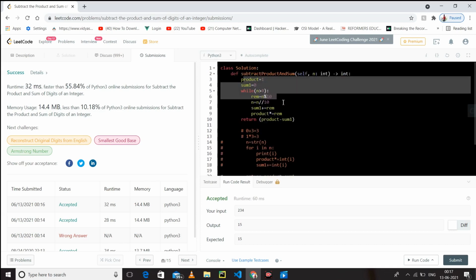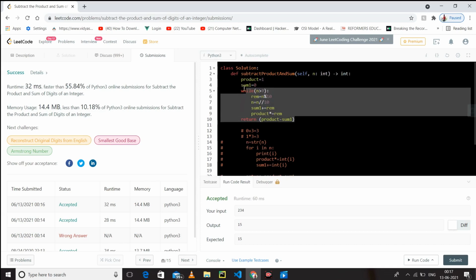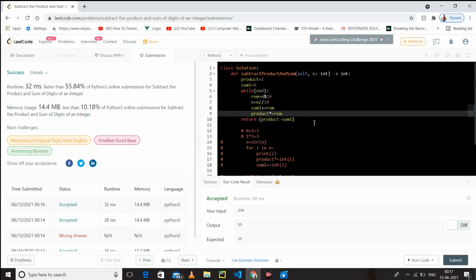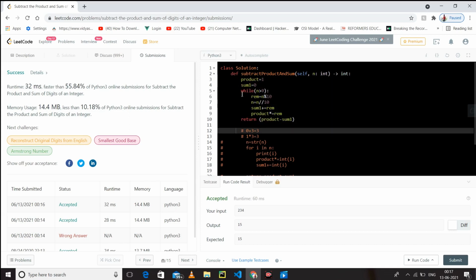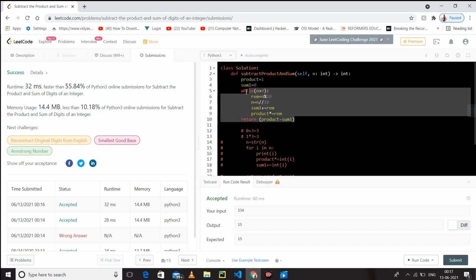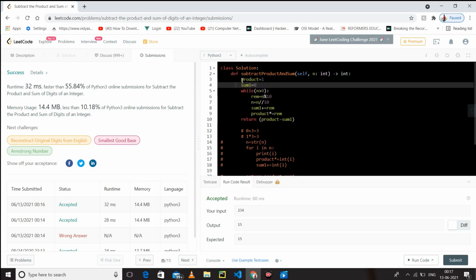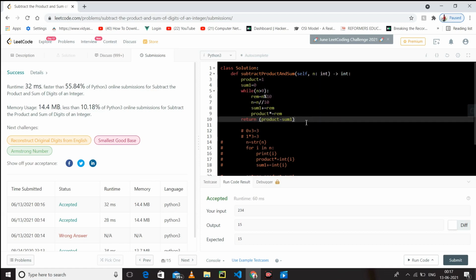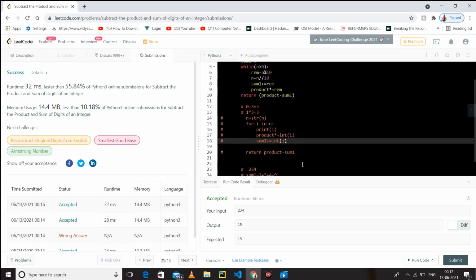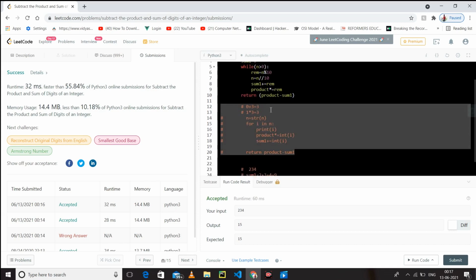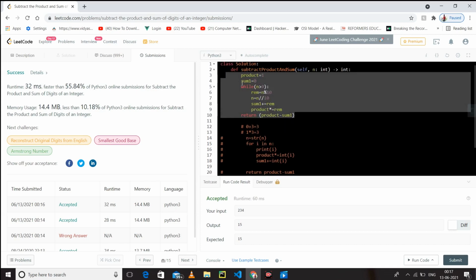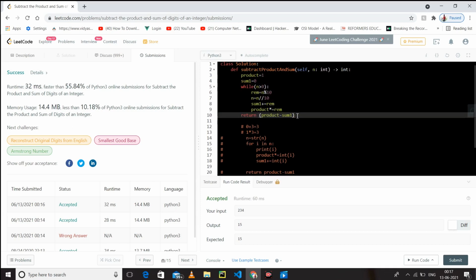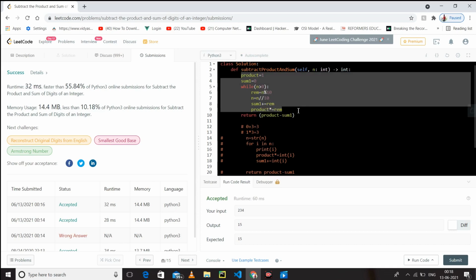But in this, we are not changing our number or digit into a string. So it is completely big O of n. That's why it is faster. It is much faster than this. And if we have to implement this solution in a hard problem, which is a combination of 2-3 problems, and we have to implement this logic in the middle, then it may happen that this will give time limit exceeded, but this will never give it. Because here we are doing big O of n. We are not running our loop 2 times. Here we are simply running our loop 1 time. So this is the good solution.